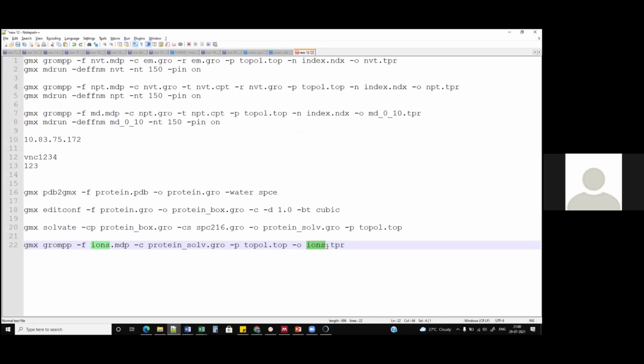So this is named ions.tpr. It is minus o over here. We are supplying it with the topology file generated from the first command, this one. And this is protein.sol, which is generated by the third command. And this is a parameter file which you are feeding into this command. Okay, so just copy it and run it for you.